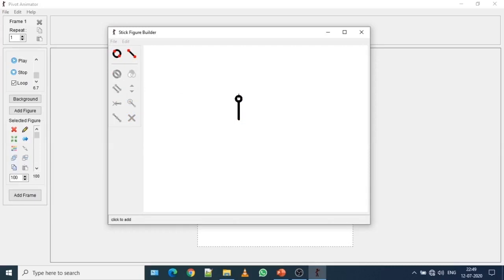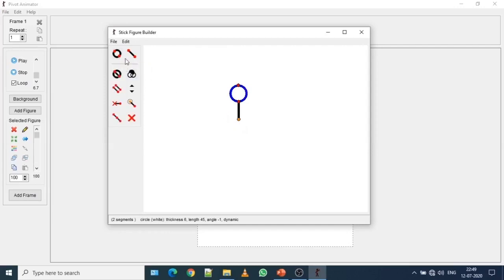So click on it and expand this red dot like this. The more you expand, the larger the shape of the circle. Once you are okay with the shape, then release your mouse by left click on it.